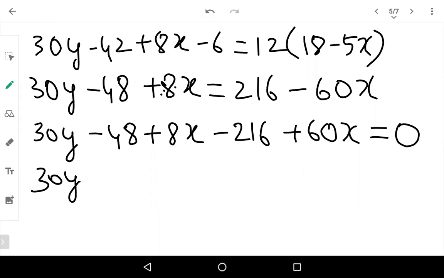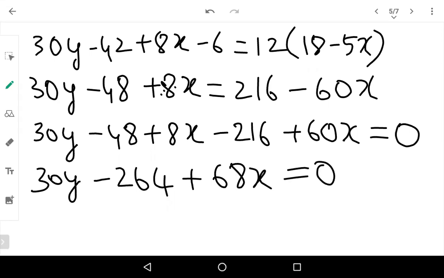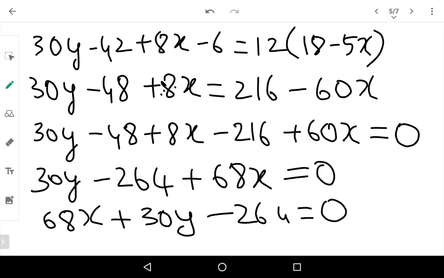Minus 48, okay. 264, so I get minus 264. Then plus 8x plus 60x will give me plus 68x is equal to 0. Okay, now 68x plus 30y minus 264 is equal to 0. Now if I take 264 to the other side,